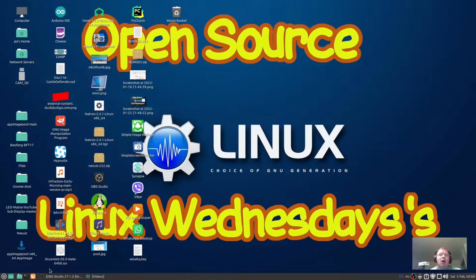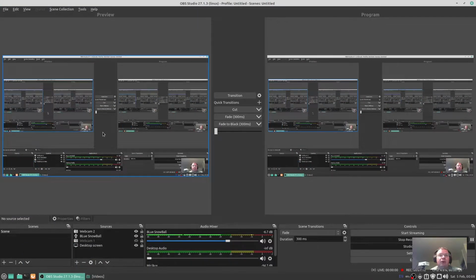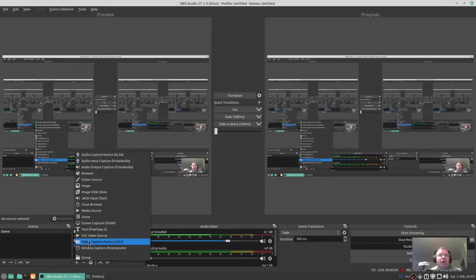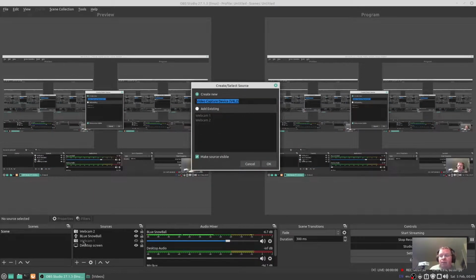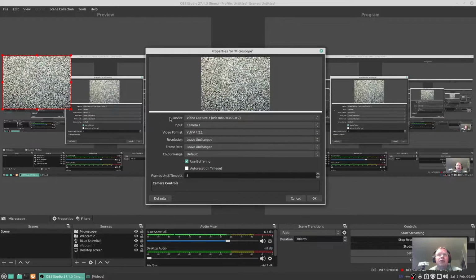Now if I run OBS Studio, which I'm using to capture my screen, see here under sources I've got webcam 2, which is this one here. I've got Blue Snowball, I've got webcam 1, which was another webcam I used. It wasn't great, it kept freezing, and I've got my desktop screen. If I press on plus and go to video capture device V4L2 and type in microscope, and on the microscope it's got an LED lamp and I've turned it up to maximum brightness. If I press OK, see here it says device video capture 3, and that is the bottom of the microscope,